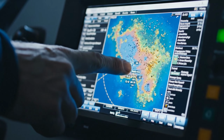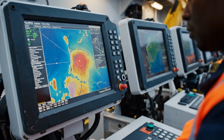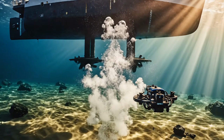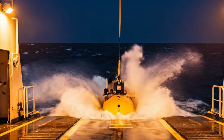With the samples secured, the mission focus shifts to the target coordinates, deep in the South Atlantic. 160 miles offshore, the South Atlantic provides a challenging environment, as the team isolates the target on the sonar. The survey vessel sends down its multi-beam sonar. The mission relies on the AUV's precise navigation. Now, deep below the surface, the sonar detects a significant...